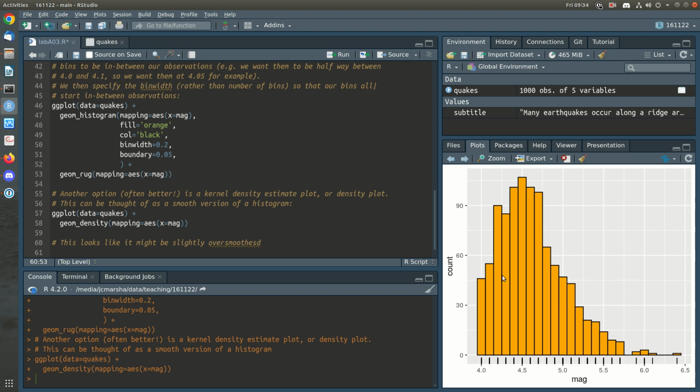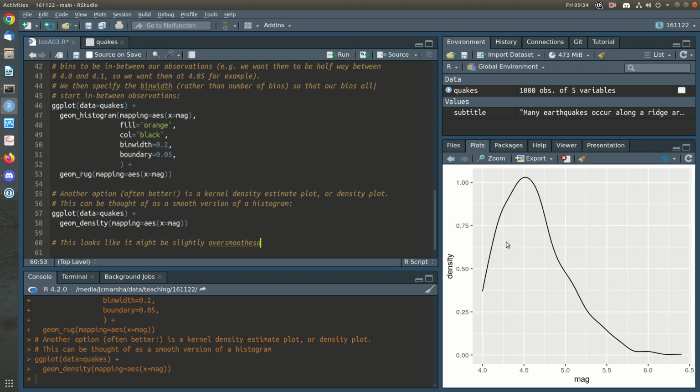But perhaps this one here is picking up that there's a little bump out here. Is that picked up in the density? Oh yeah, it's picked up in the density. So perhaps it's not too bad. We can alter the amount of smoothing